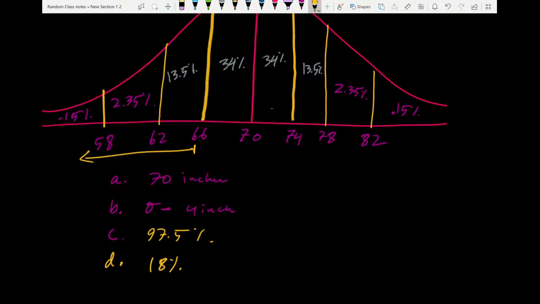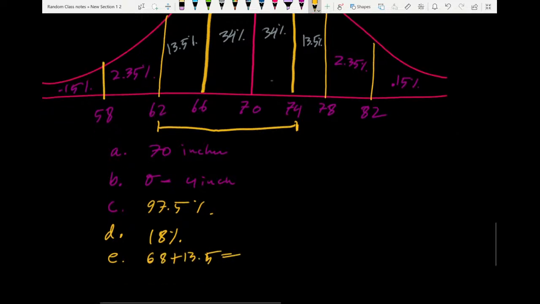Now, what percentage of the students are between 62 and 74 inches tall? So now we want to know what percentage of the population are between 62 and 74 inches tall. We're looking at this region right over here. So that would be E. So 68 plus 13.5 will give you